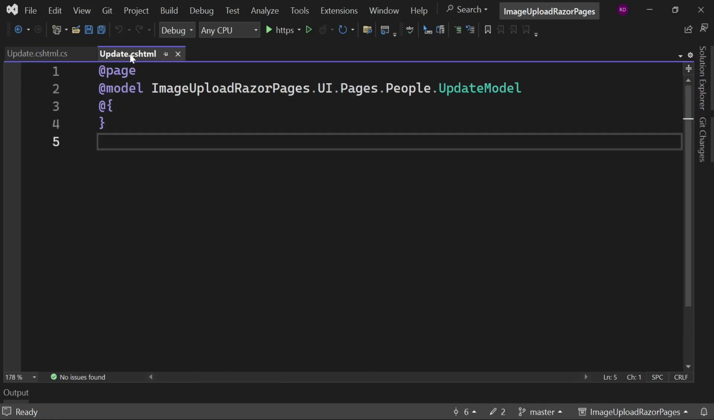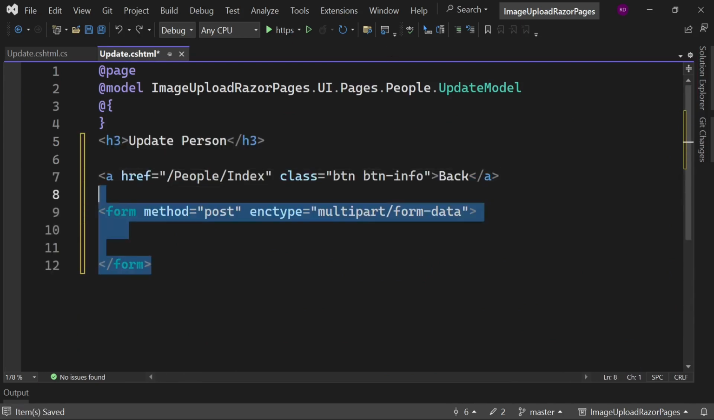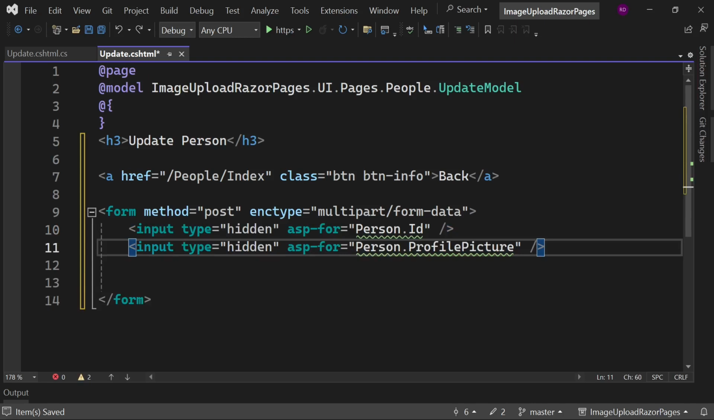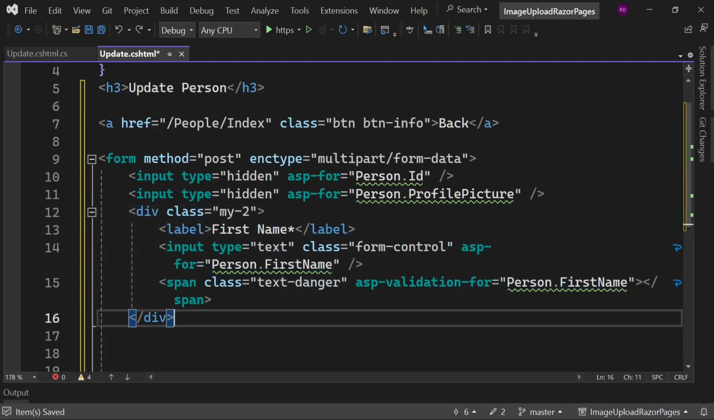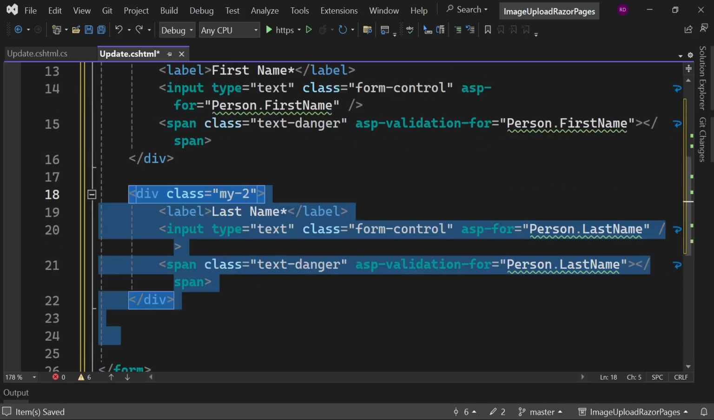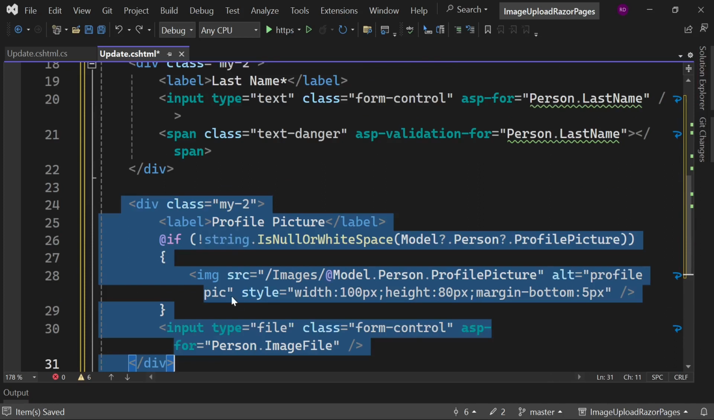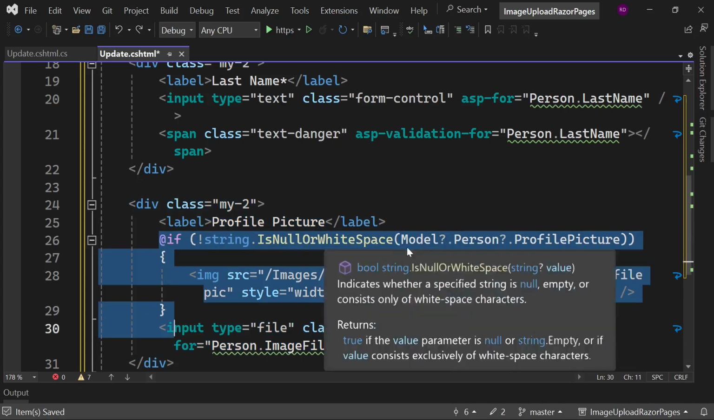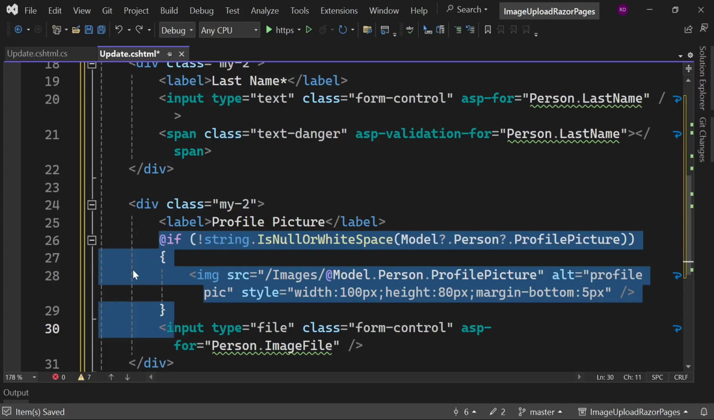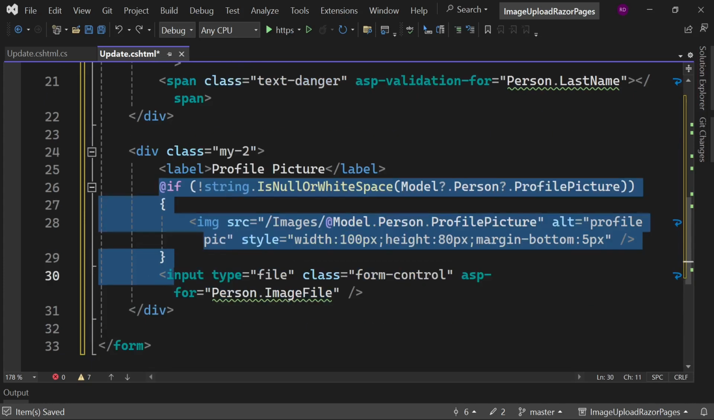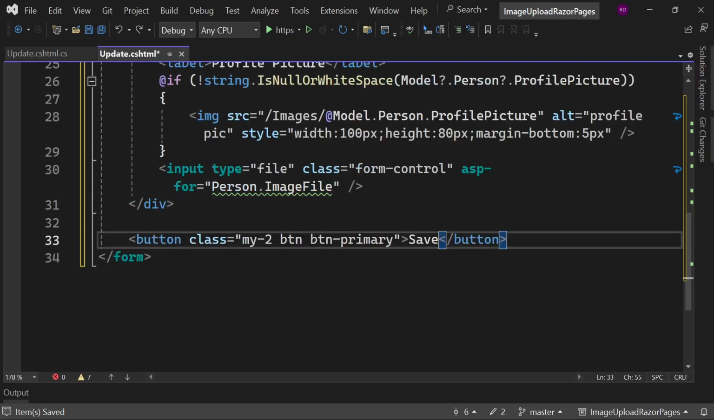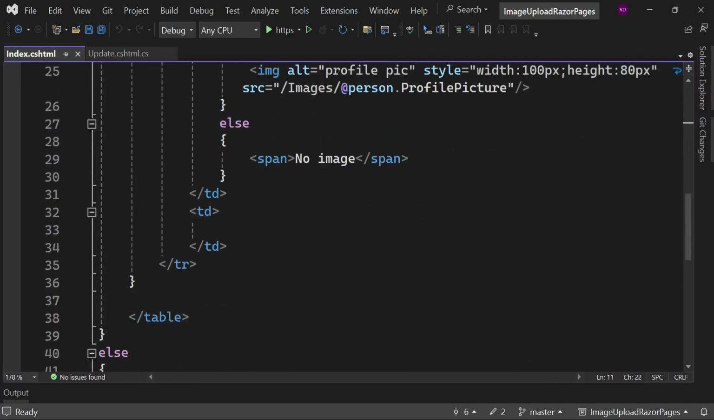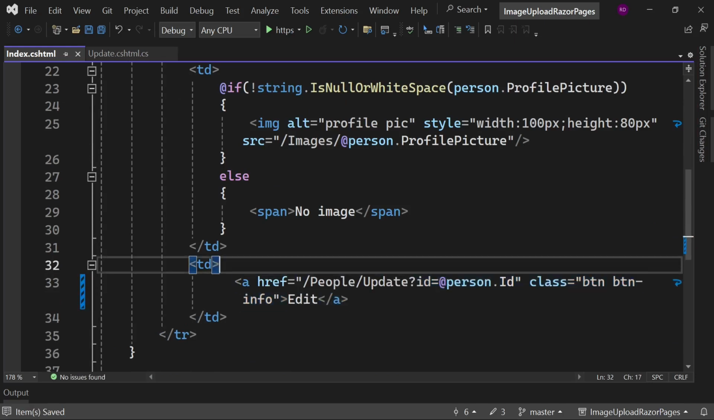Open the Update.cshtml file. It will be pretty much similar to the add person page. Heading will be Update Person. We will have two hidden fields, ID and ProfilePicture. And one more change, if this record contains any image, then we need to display it here. Everything else will be the same as the add page. Now open the Index.cshtml file, add the link for the update page here,